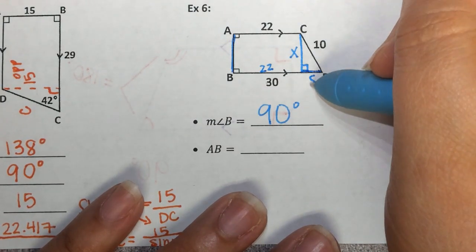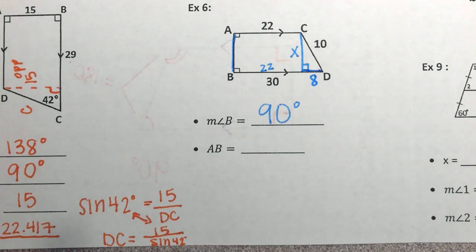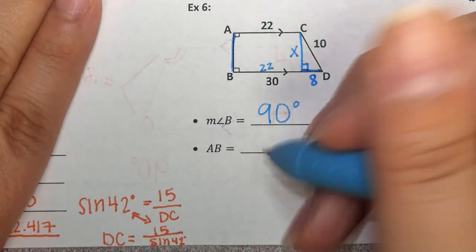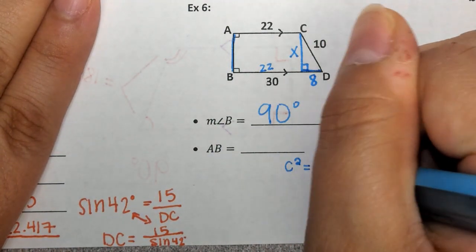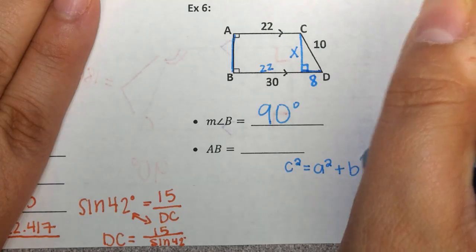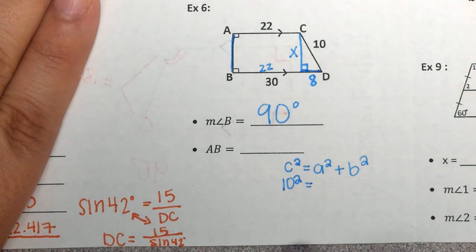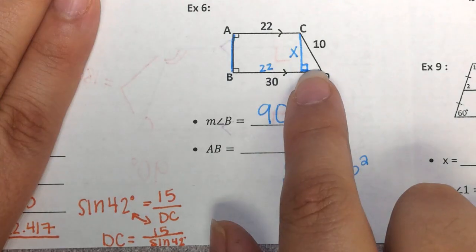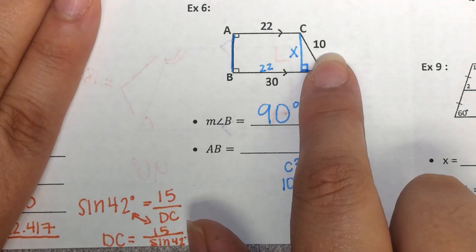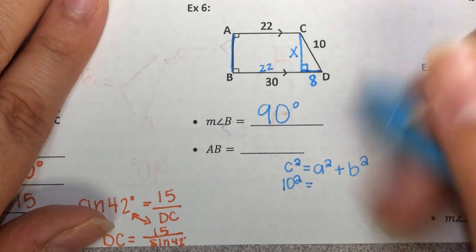8. 100 minus 64. What's your C? 100. C is 10. So it's 10 squared equals